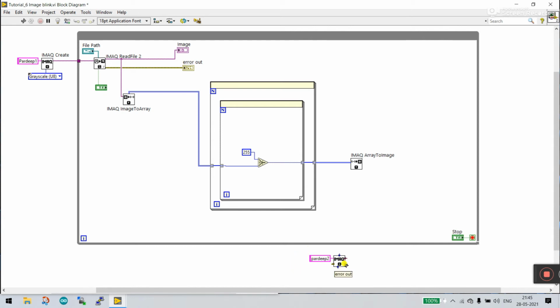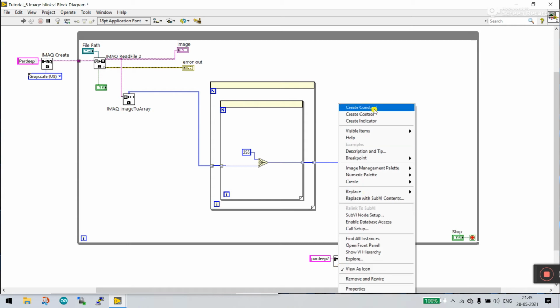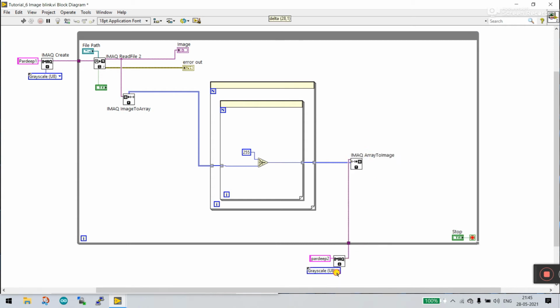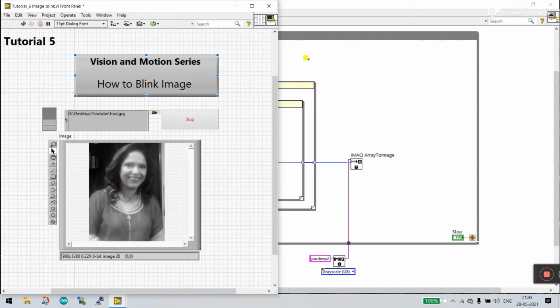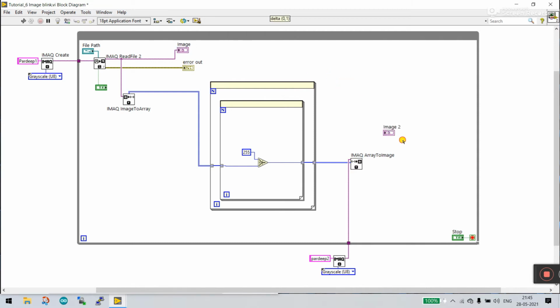Now you see there is a border size node, need new image, then click and connect to image. Now this is very important: image type, right click and create a constant and select u8. Same. Now this is image 1. Now we need to copy it for the second image. We need to blink, click and connect to this one. All done. Now let's start the main logic.